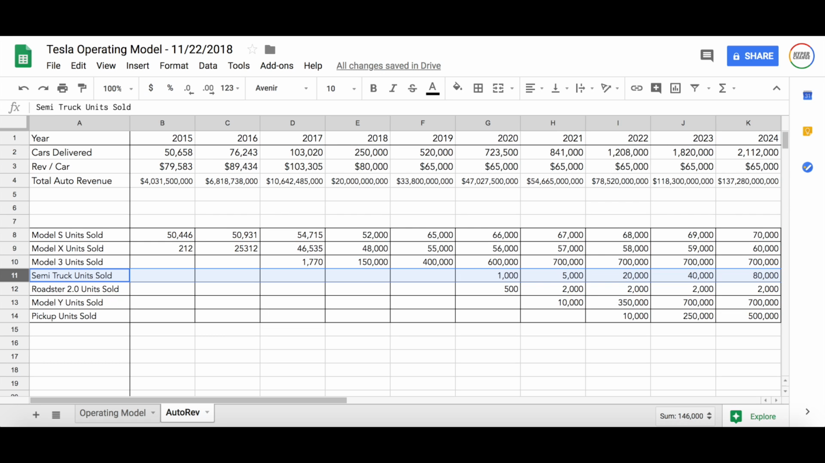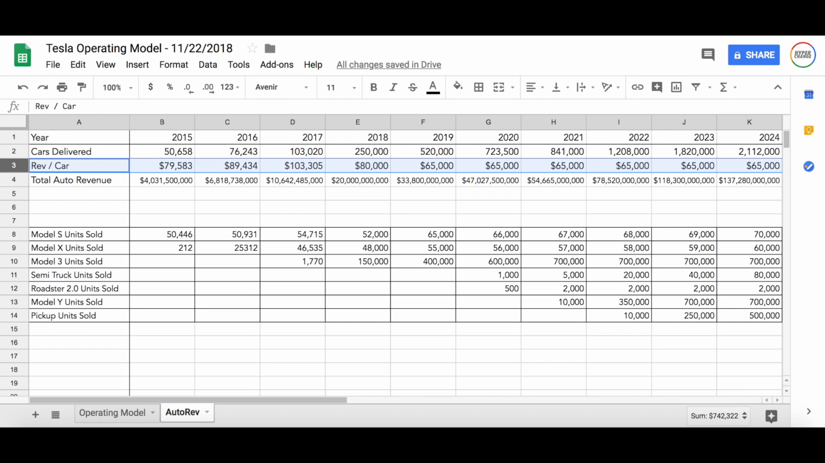So this is sort of the wrap up of the unit sales that I'm expecting through 2024. Now moving up to that revenue per car estimate, you can see that I have it going from 80,000 in 2018 to about 65,000 in 2019 because they're going to be, in my opinion, delivering a lot more of these lower cost Model 3s. That's going to take down the average revenue per car, and then it's going to stay flat around 65,000